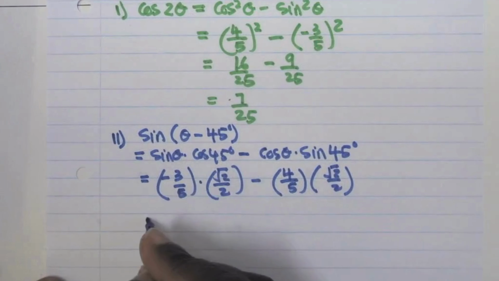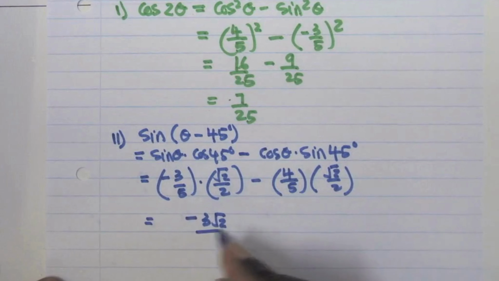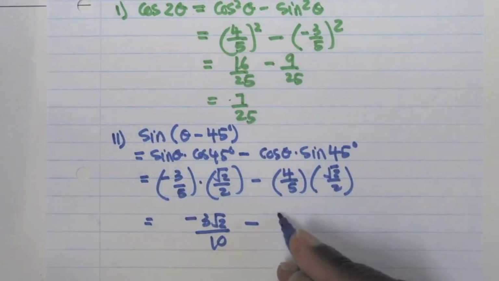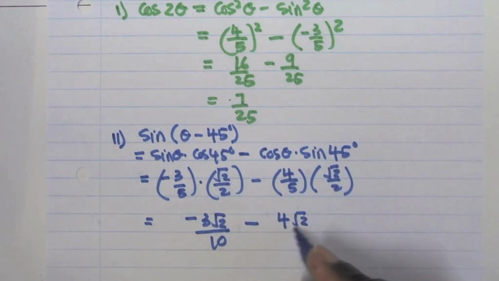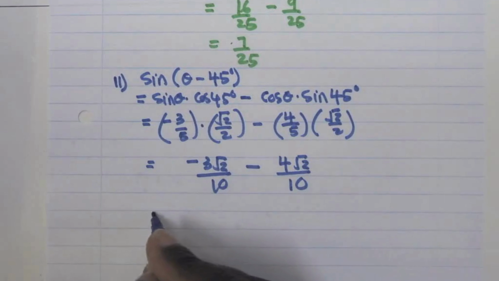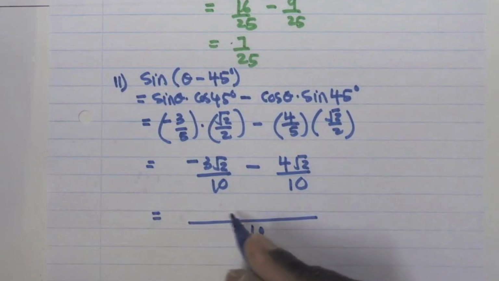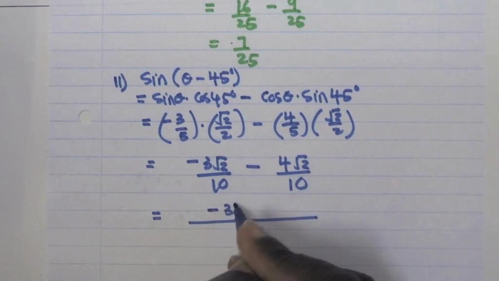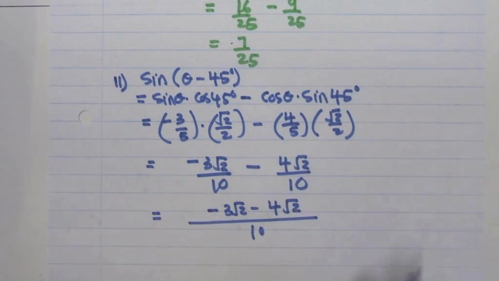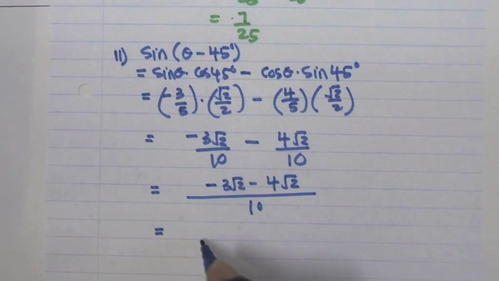And if I simplify here on the first one, I'm going to get, and on the second one, I'm going to get, and then my final answer is going to be, which simplifies to